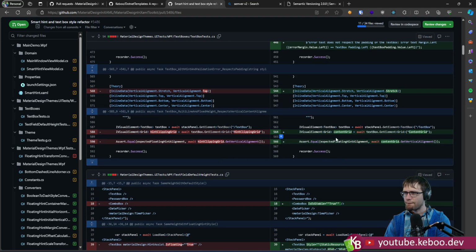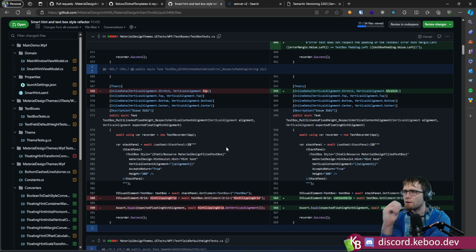And then this switch here. It's interesting. What was the change here? Vertical alignment top. More of this theory data. So vertical alignment top for the expected floating hint alignment. Okay. I'm wondering if